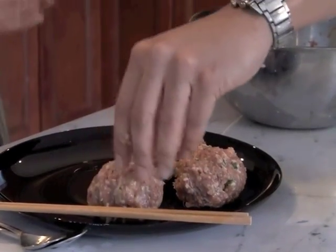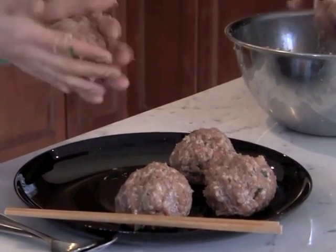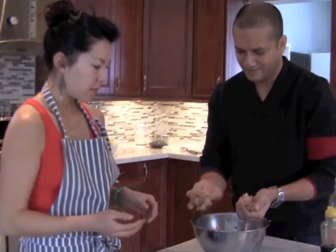Wow, it smells awesome, by the way, and it's not even cooked yet. It smells really fresh. Think we can make two out of that? Yeah. Here. Perfect. So now we have everything prepared, and Christina's going to start frying the meatballs and all of